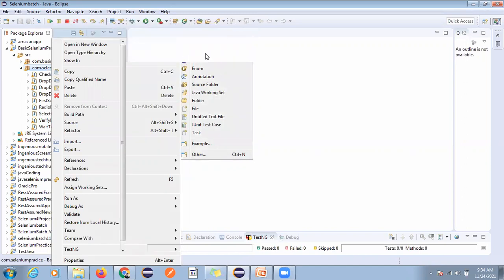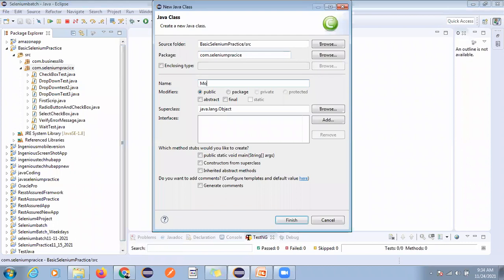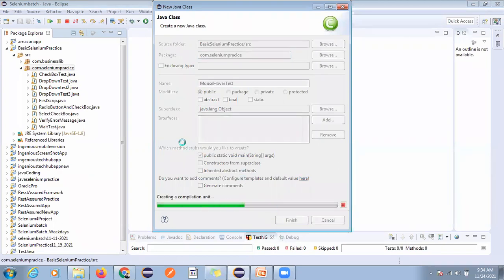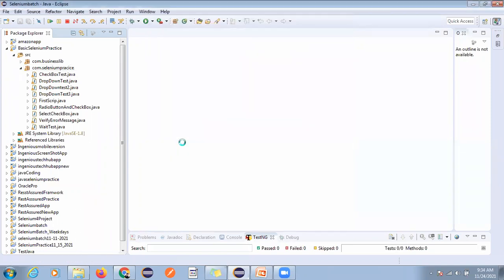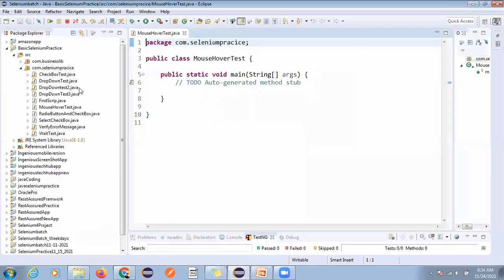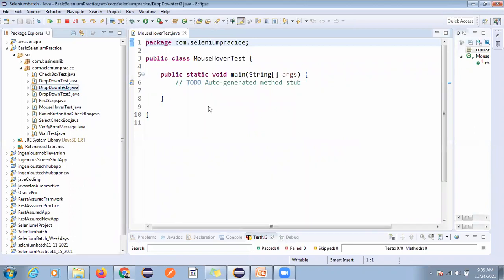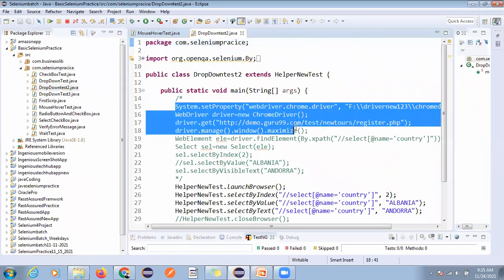class. I will create one class with the same steps, so I will copy the same lines of code.